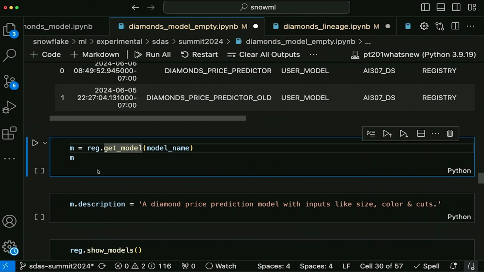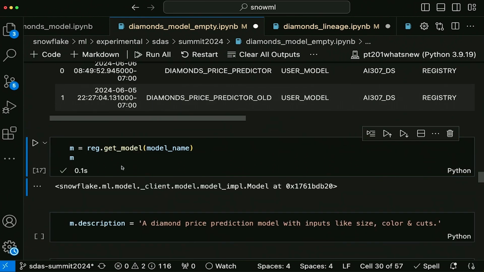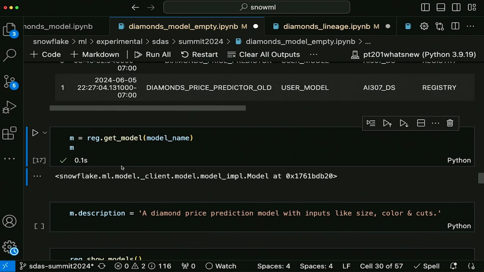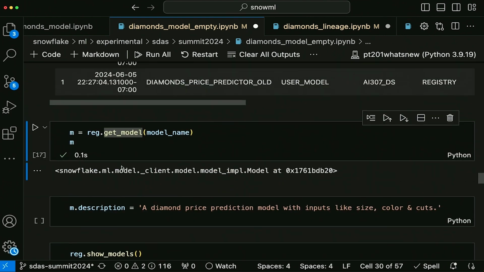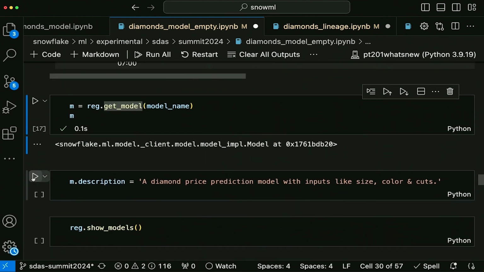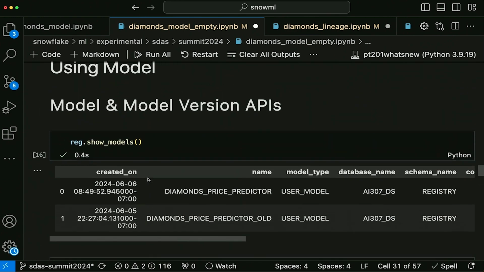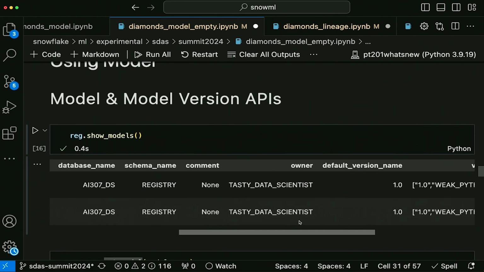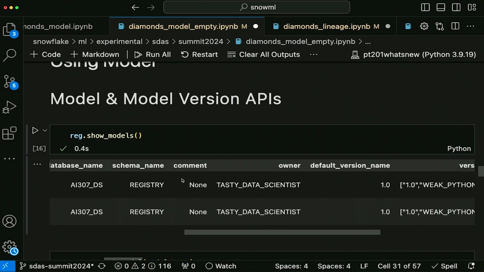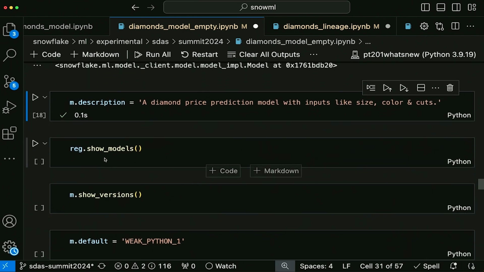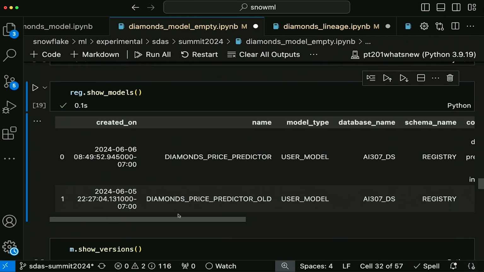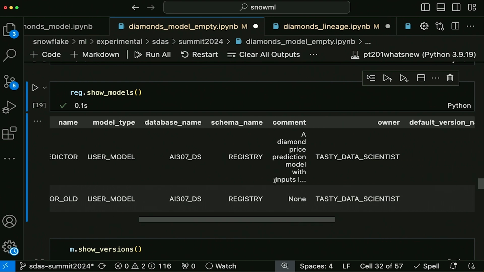You can just retrieve this model by doing get model. What it does, it doesn't get your model downloaded or something in your client. All is happening remotely. You are just getting a reference to the model. You want to update a description, just go ahead and update it. Now let's see what happened here. So our original model did not have a comment here, it was none. So it should be automatically updated. Let's see. Yes, it is updated. So basically the point is, the API is dead simple,